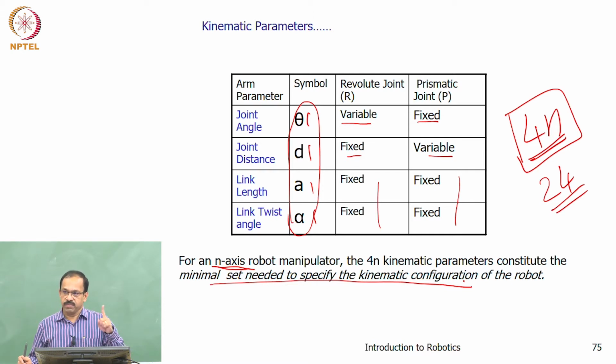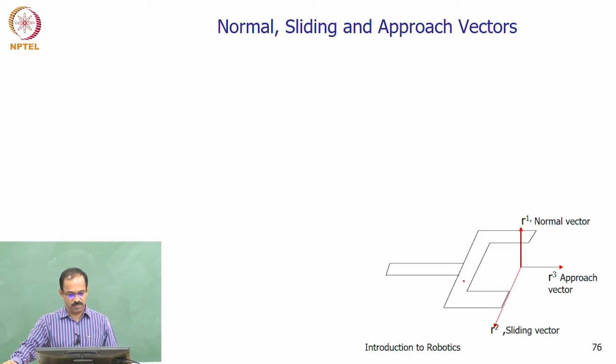Numbering in the sense k. Oh yeah, we are coming to that. Now we will be discussing how we actually systematically assign, or find out, the parameters of an n degree of freedom robot. We will discuss that. That is part of the kinematic analysis.